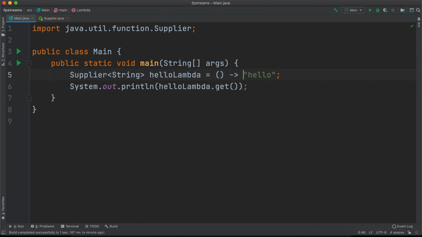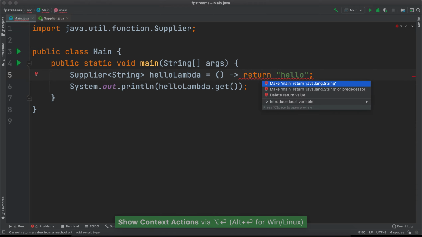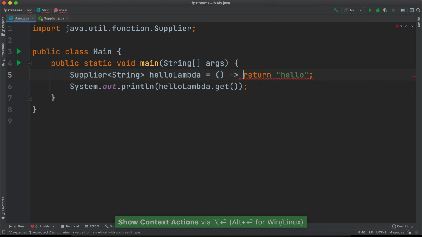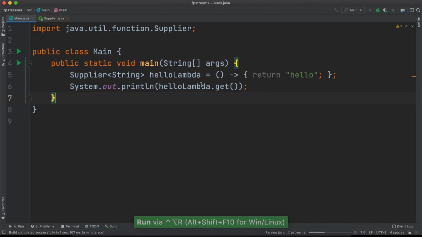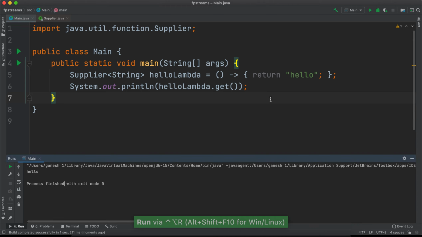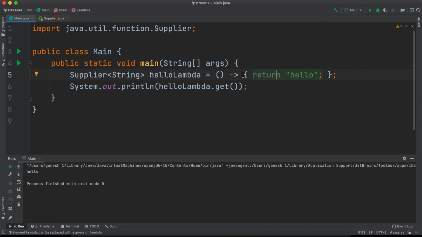So how do we know if this returns a string, right? In fact, you can make it a return statement, right? But to make that, you should have it as a block. So only in a block can you have the return statement. So this will still work. Let's see this now. Yep, so the same code working now, but if you have a block, then you should have a return statement. If you remove this, you will get an error like this, right?